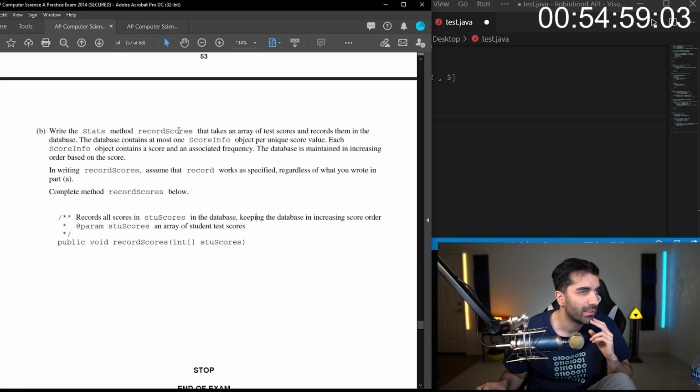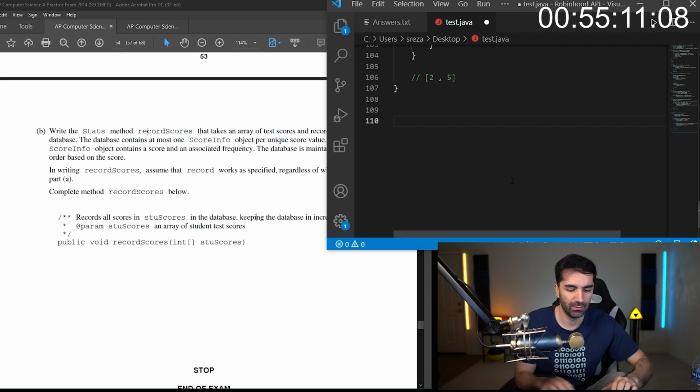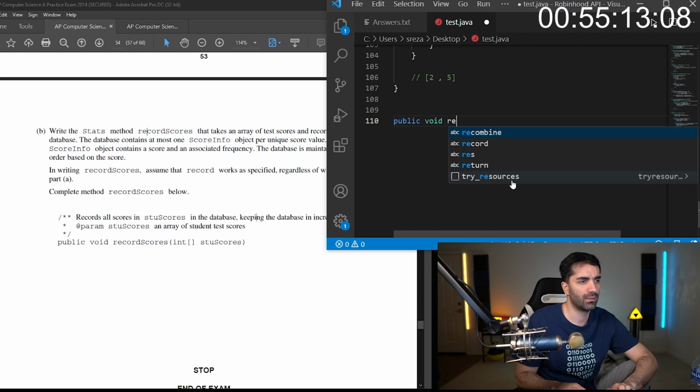Okay, so write the stats method record scores that takes an array of test scores and records them in the database. So we have public void record scores.